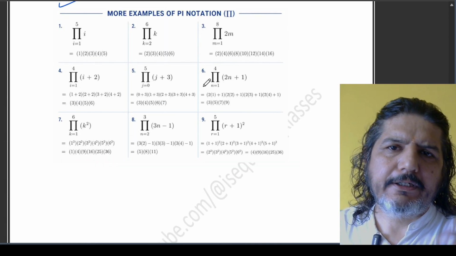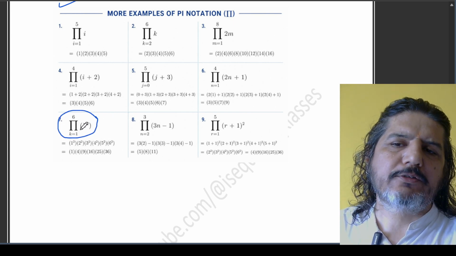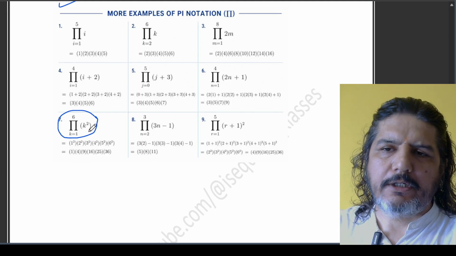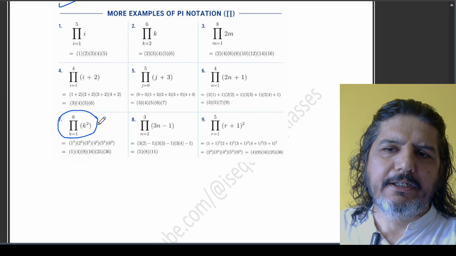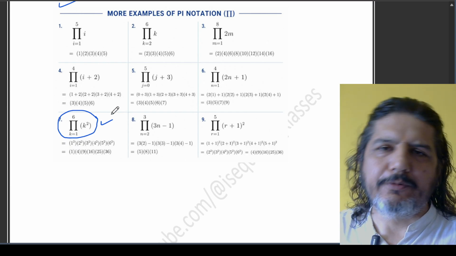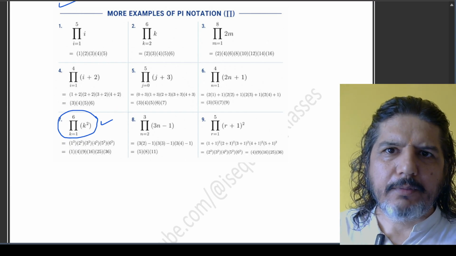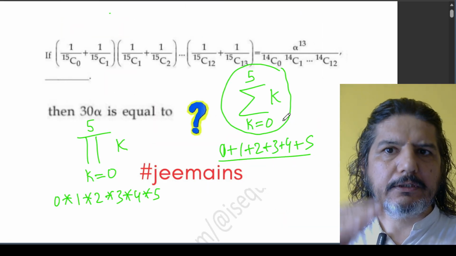If you haven't understood, let me take another example. So let me take an example like this. So pi k square, k goes from 1 to 6. So rather than saying 1 square into 2 square, 3 square, 4 square, 5 square, 6 square, this is the notation I have. This is the simple notation that I'll use. So I hope the symbol of pi is out of our way, because I'll be using this in solving this